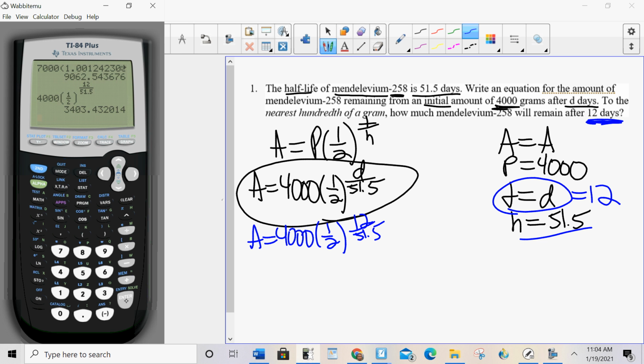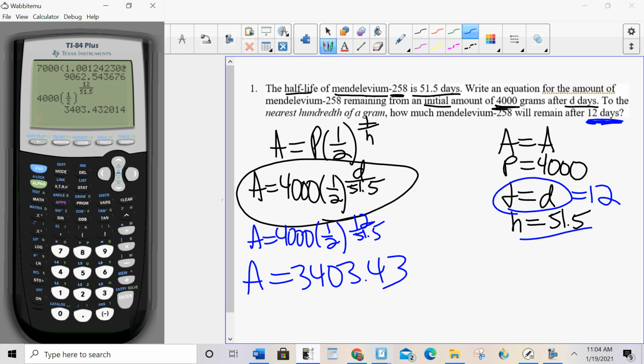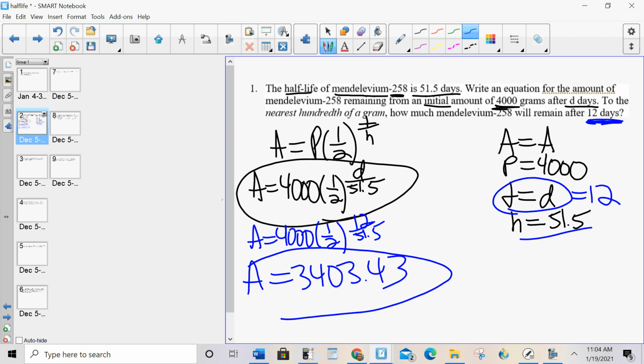That's 3403.43. Did I write that down all right? 3403.43. So for half-life or irregular time, the exponent is T over H instead of just T, where H is